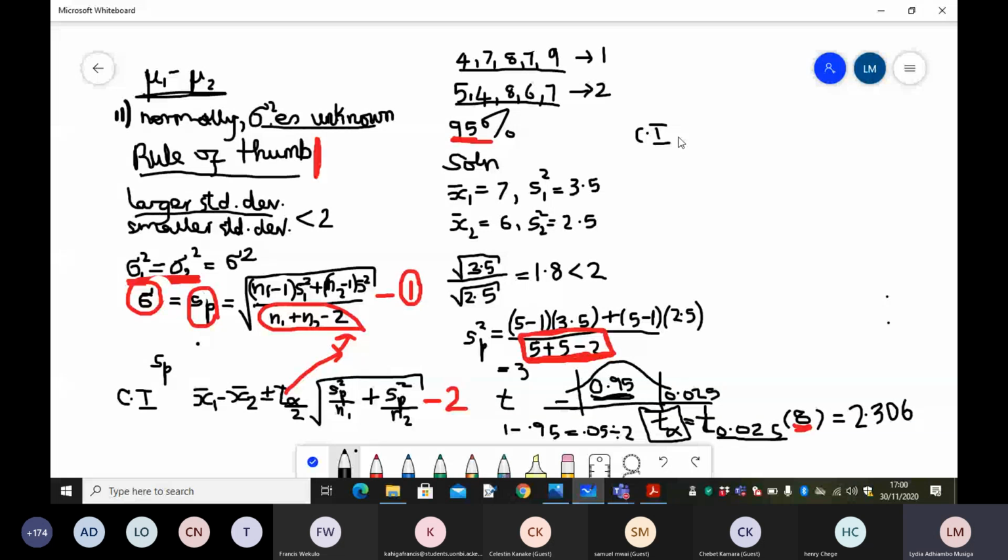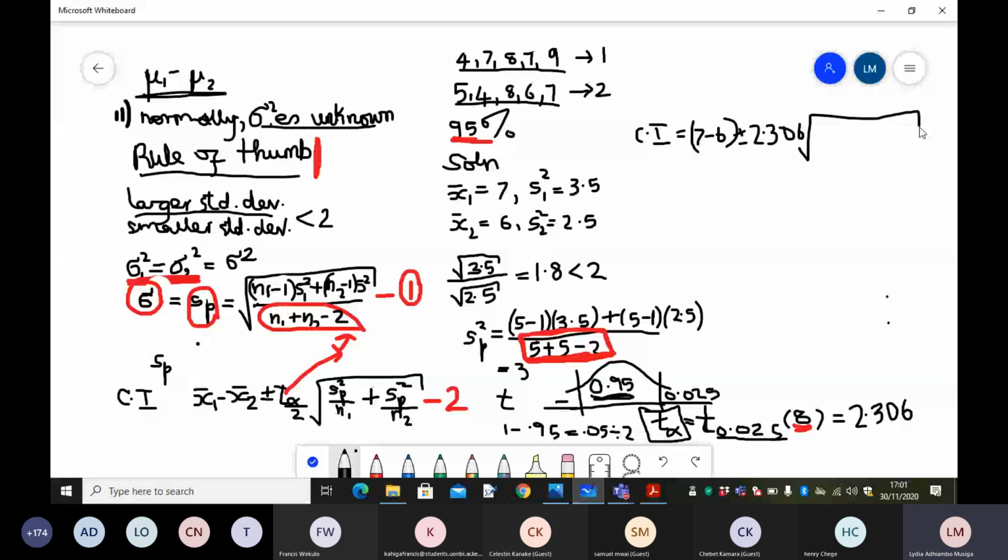So x bar 1 is 7 minus x bar 2 is 6 plus or minus 2.306, and then multiplied by square root of,